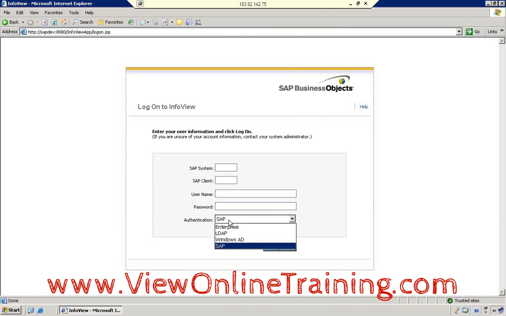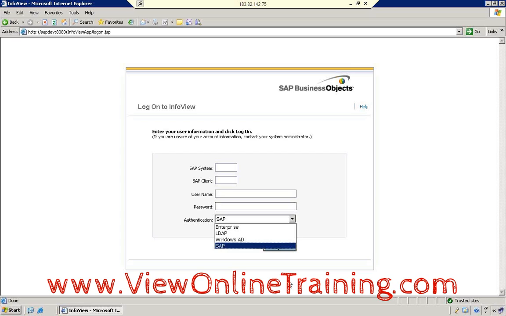So you have different authentication types. The default Business Objects provides is Enterprise authentication, and the others are third-party authentication types. For example, if an organization wants Windows AD authentication, any user who joins that organization, irrespective of the application, be it BO, Informatica or Java, will have the same user ID and password throughout the organization. They will take a license or something for this third-party